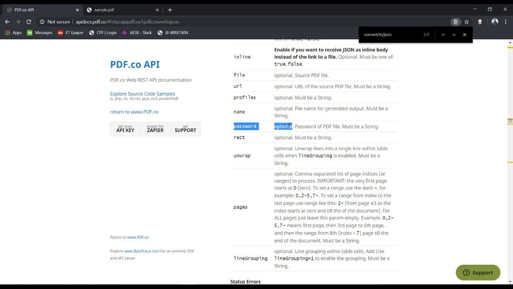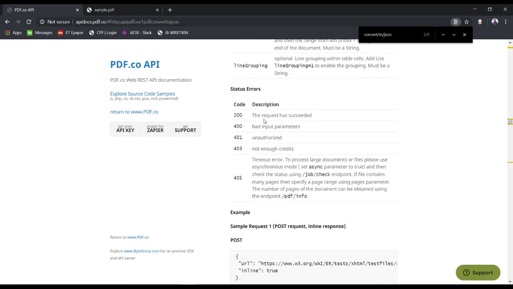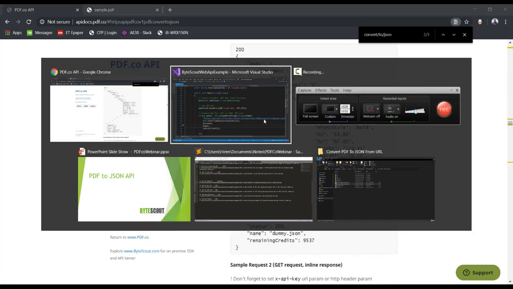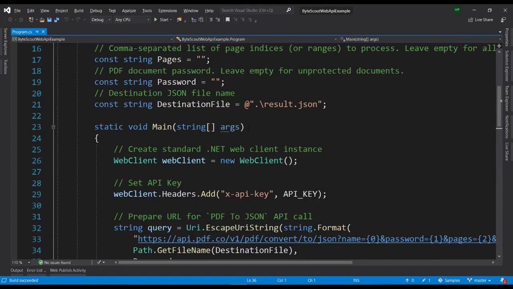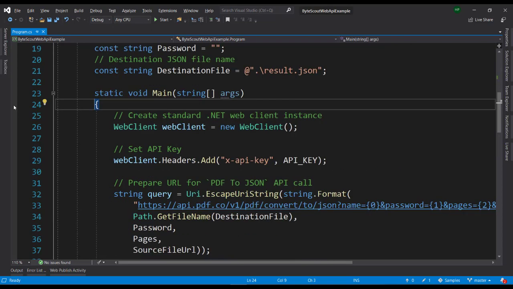Here's the password if the file is password protected, and these are different parameters which we don't need to go into detail on here. Let us see this in action. I am temporarily going to pause this video to replace this key, and then we'll go live. Okay, I have replaced the API key here, and let us see this in action.